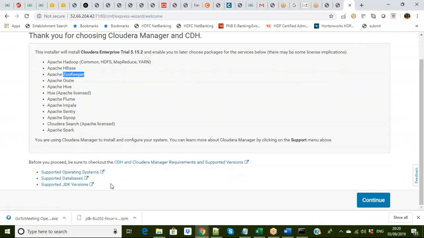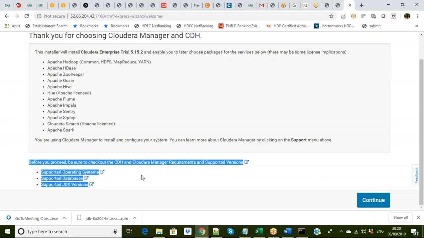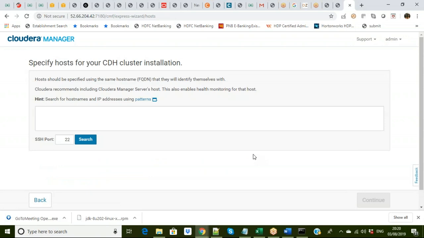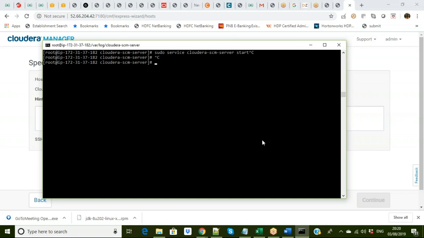Certain other basic requirements it has already mentioned. You can go through it. Now over here, it is basically asking me to specify other hosts which I want to enter. Also, I need to mention this particular host as well over here. Since we are not going to add any host further today, let's only install